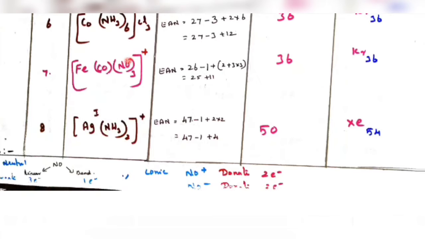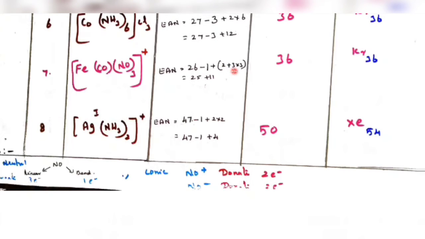Sometimes in the square bracket, no value may be given, plus or minus. Here it is not plus, not minus. It is neutral, so it is in a linear structure. So it donates 3 electrons, whereas carbonyl donates only 2 electrons. Only 1 carbonyl, so I have written a 2 for carbonyl plus this ligand.